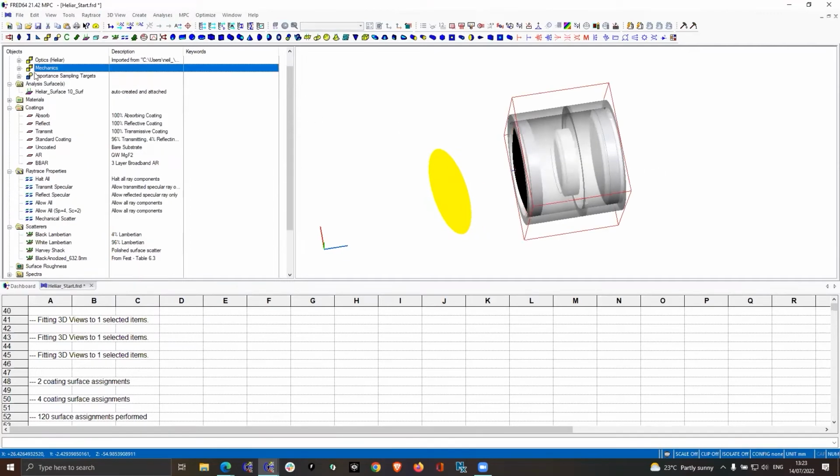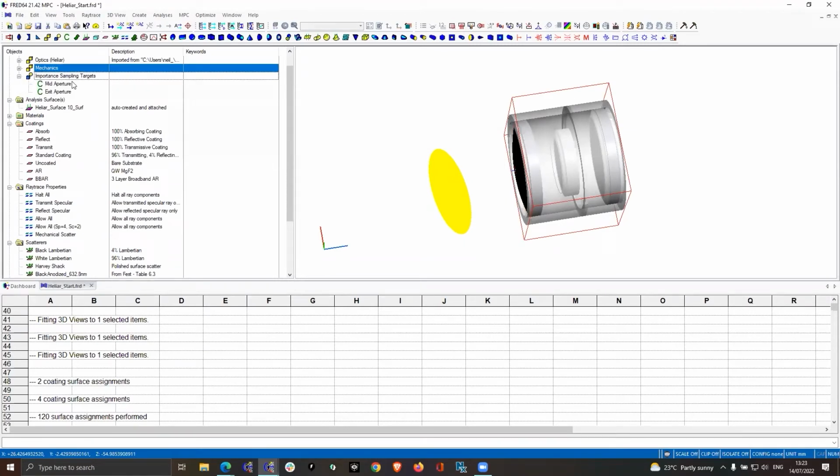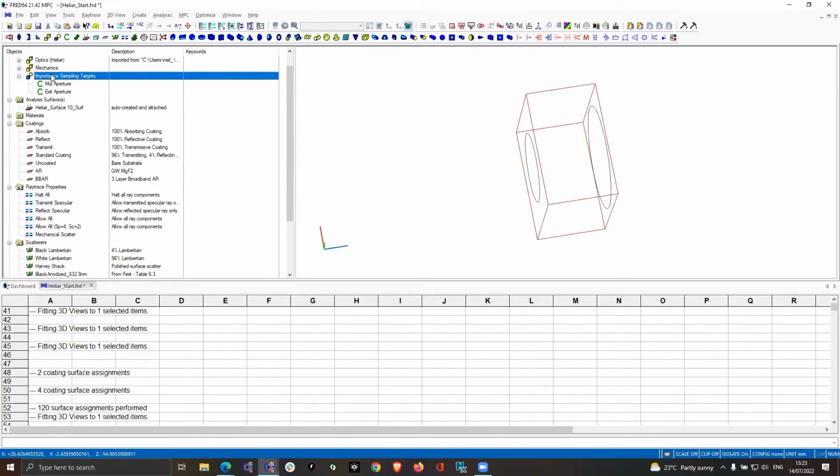So this is where the important sampling targets come into play. So in the important sampling area, I've actually defined 2 curves. And if I just isolate those, you can see that they're really very simple. Just 2 curves, one in the middle of the optical system and one at the end. And we're going to use these curves to define some important sampling that says that the surfaces at the front of the optical system here that can essentially see this aperture or this opening will preferentially scatter rays into this opening. And similarly, in the second half of the optical system, the surfaces that face this opening will also scatter light preferentially through that opening. Okay, so those are the 2 targets that we're going to choose. And anything other than that is just going to be around specular. Okay, so